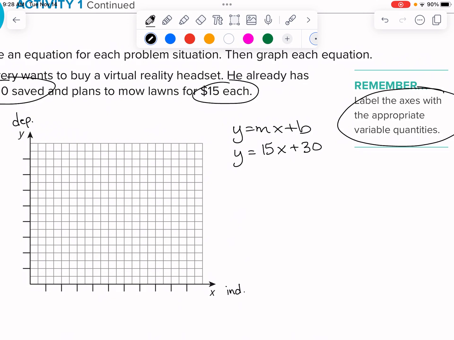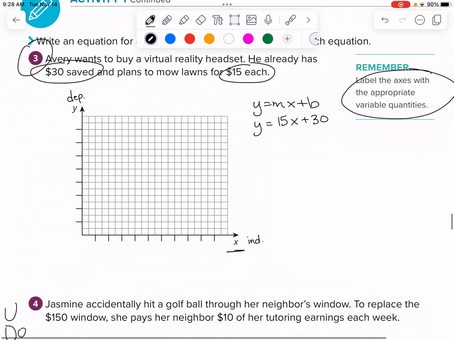So we have to figure out our variables here, right? What affects what? X always affects your Y. Do the number of lawns mowed affect how much money we're going to be able to save? Or does how much money we save affect the lawns mowed, right? It is the number of lawns mowed,